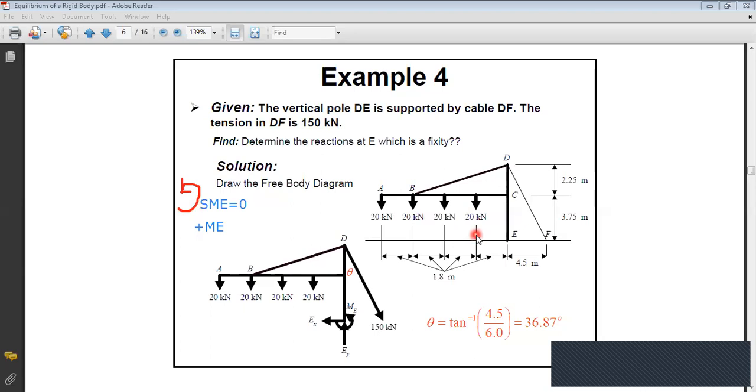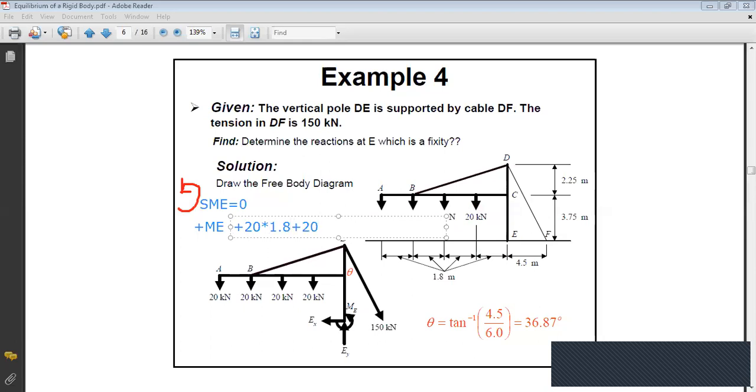So for the first force, the distance is 1.8. For the second force, the distance is 2 times 1.8. For the third one, the distance to E is 3 times 1.8. And for the fourth one, the distance is 4 times 1.8. And all are producing a moment in the counterclockwise direction. So I will write plus ME plus 20 times 1.8